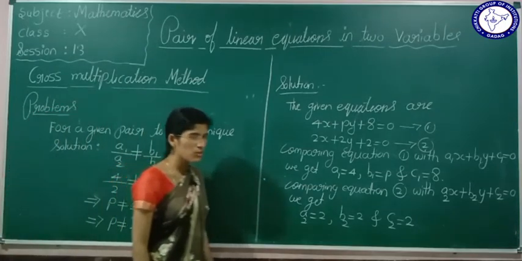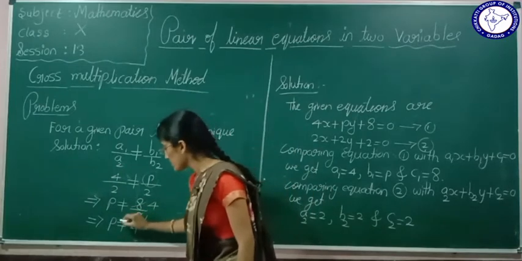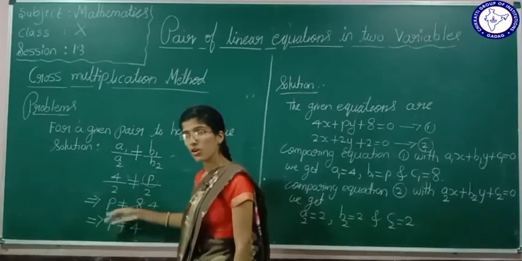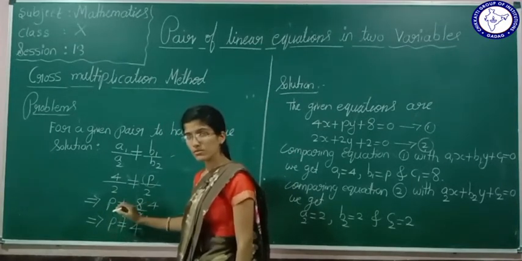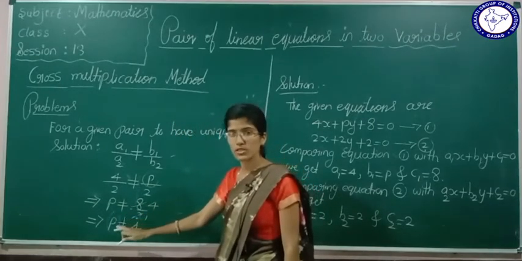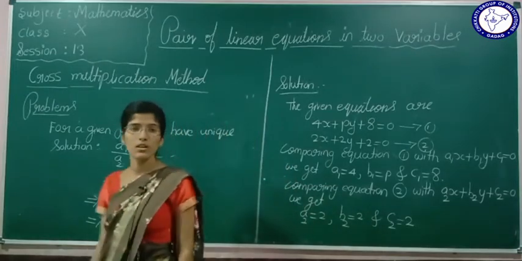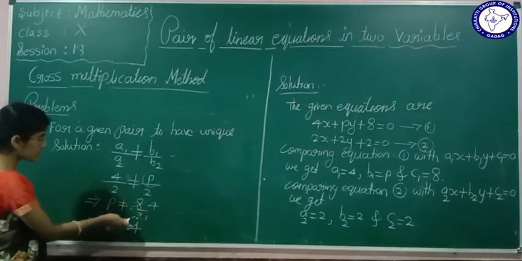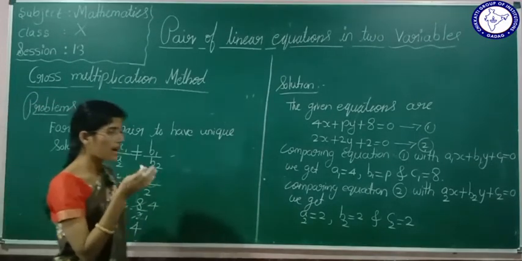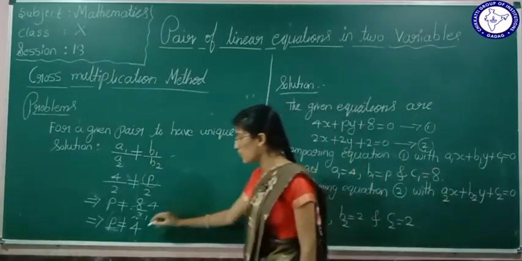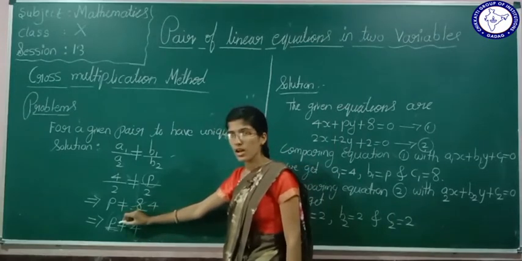So here what is the meaning of this is, p is not equal to 4 means here the value of p is not equal to 4. Leaving all, whatever the numbers are there, it's okay, but here p is not equal to 4. Here all other values are valid. Okay, still what they have given in the question, for what value of p the given pair of linear equations have a unique solution. So here leaving for rest all numbers, for this value of p it has a unique solution.